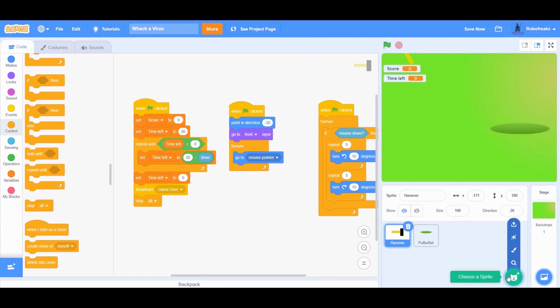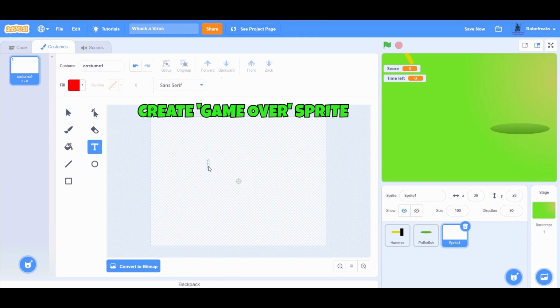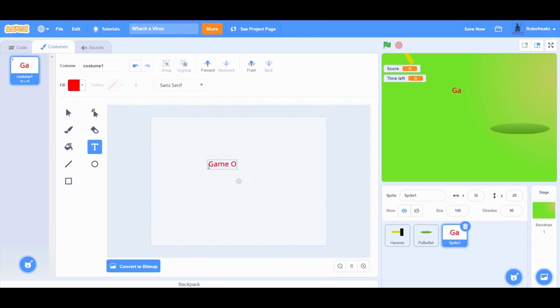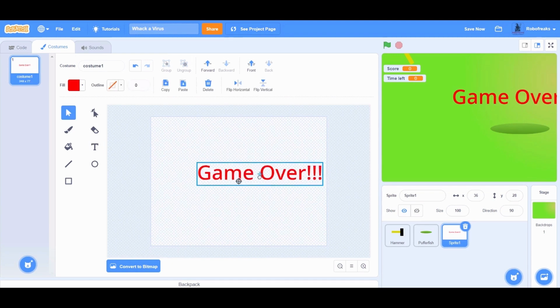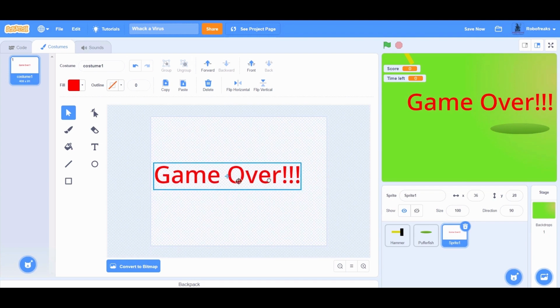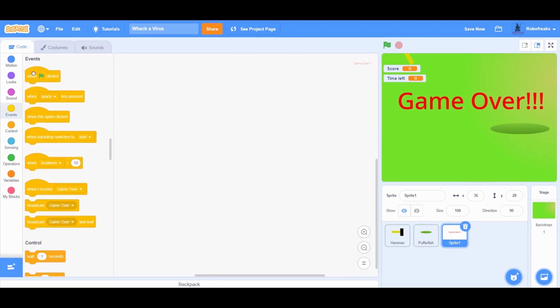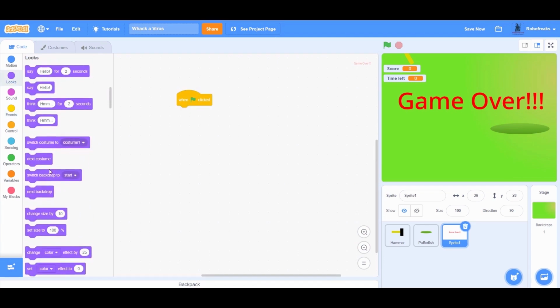I will create another sprite to show the game over message. Paint a new sprite, write game over, and initially hide this sprite.